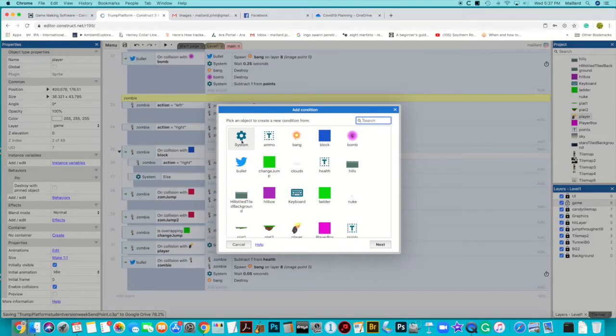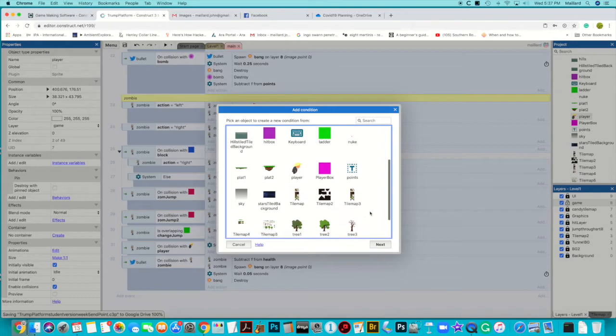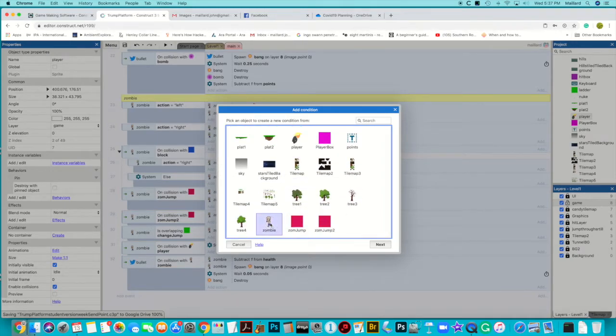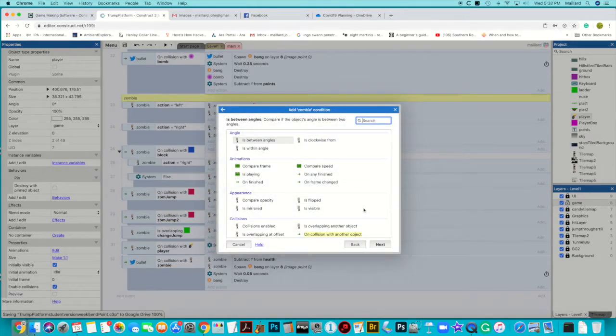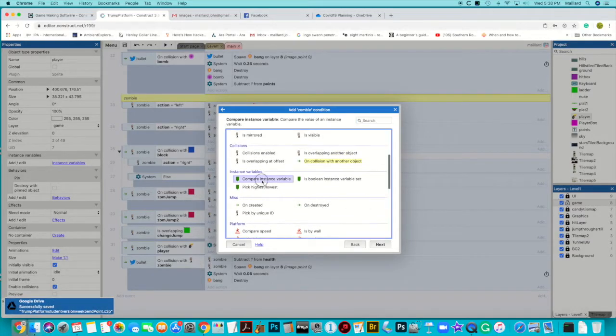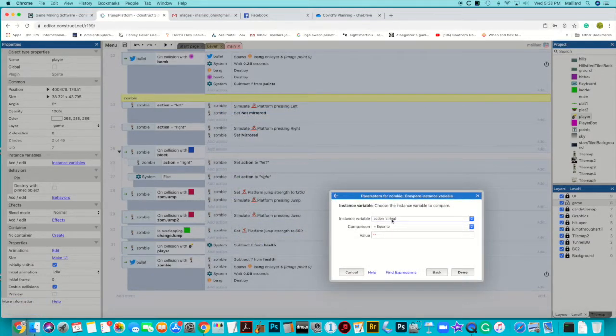What was I going to do? Yeah, we want to make sure that the zombie goes. So zombie compare instance variable. If the health is less than or equal to 0,